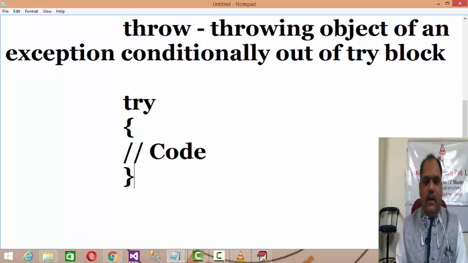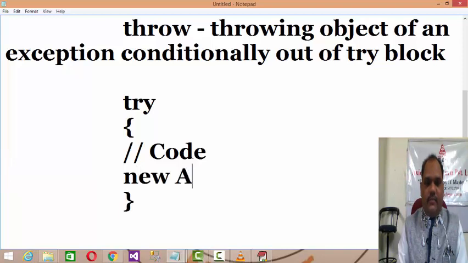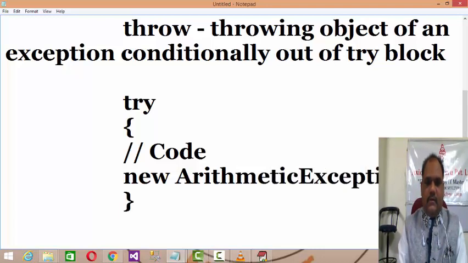Now, if any exception occurs, the Java runtime environment will create an object of that exception. Let us say an arithmetic exception occurs, then the Java runtime environment will develop an object of ArithmeticException.